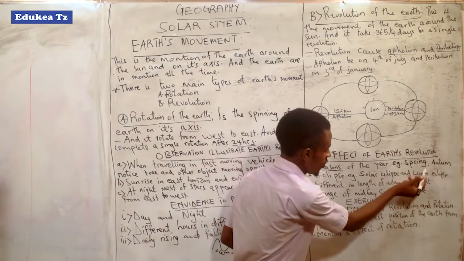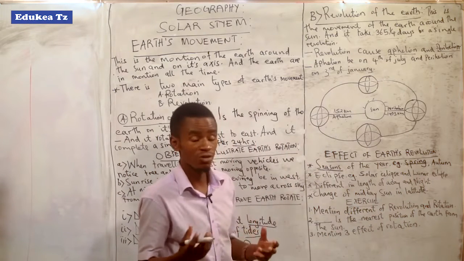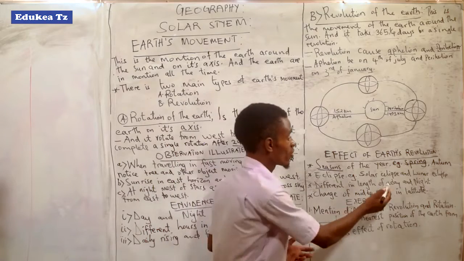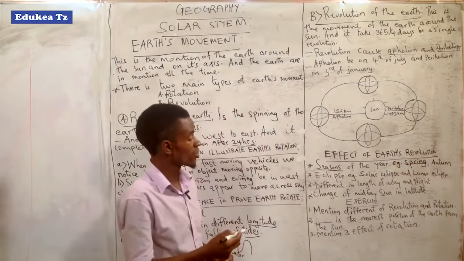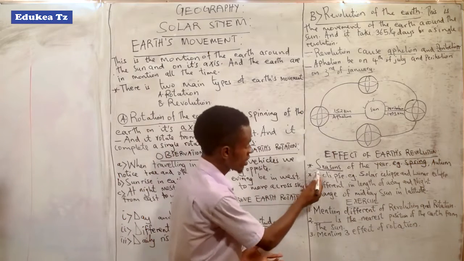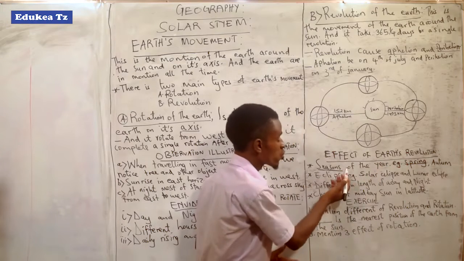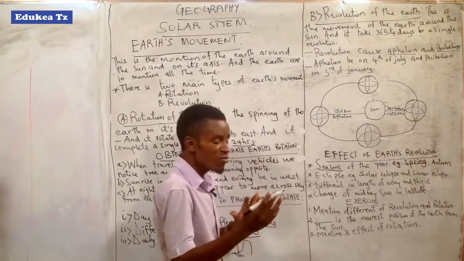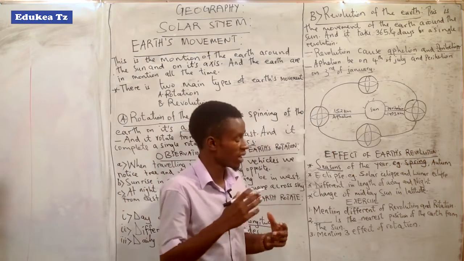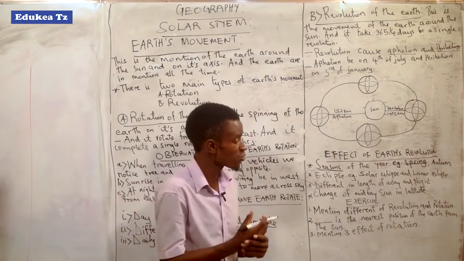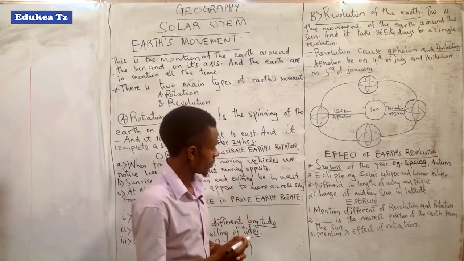So for example, when we talk about the spring, we talk about the time when there is high rainfall and high temperature. So that is talking about what? Spring. So we shall look at the parts which concern only what? Season. Among the effects of the Earth's revolution is to get seasons of the year, or differences in climatic condition within the year. For example, I told you the periods where there is high rainfall and the periods where there is high temperature and so on.